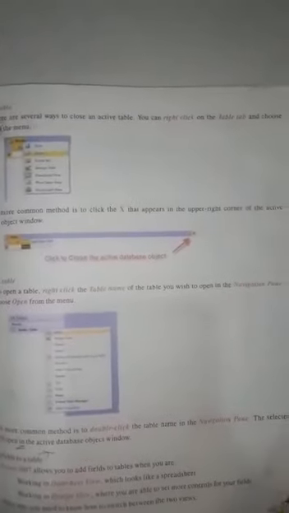Next, how to close a table? There are several ways to close an active table. First one, you can right click on the table tab and choose Close from the menu.